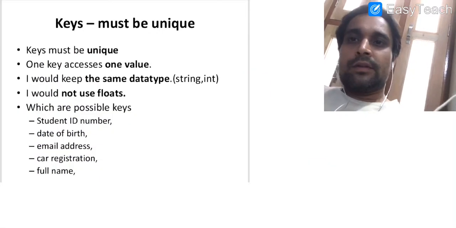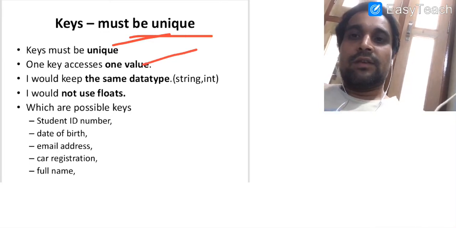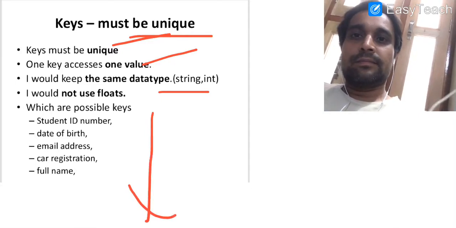So now there are some concepts that you must always remember when you create your dictionary and you are using some keys there. Keys must be unique. For a key there will be a single value. We will use keys of immutable type only. Like for all these examples we can use keys.